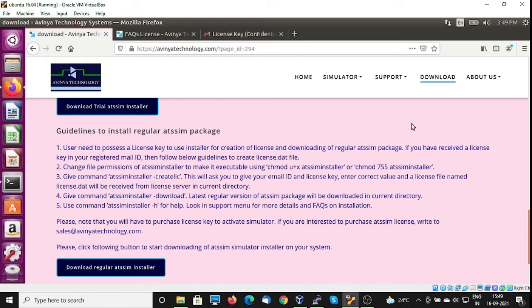User can find all this information using the help switch with the ATSM installer program.